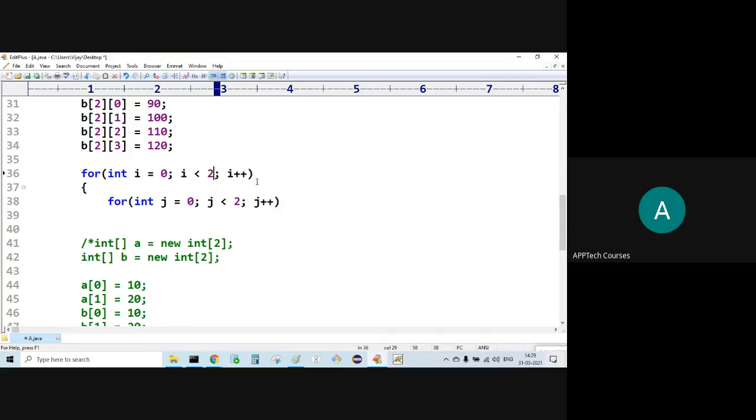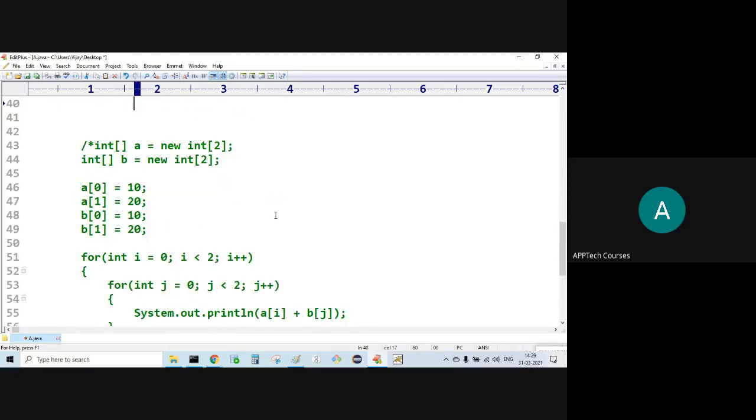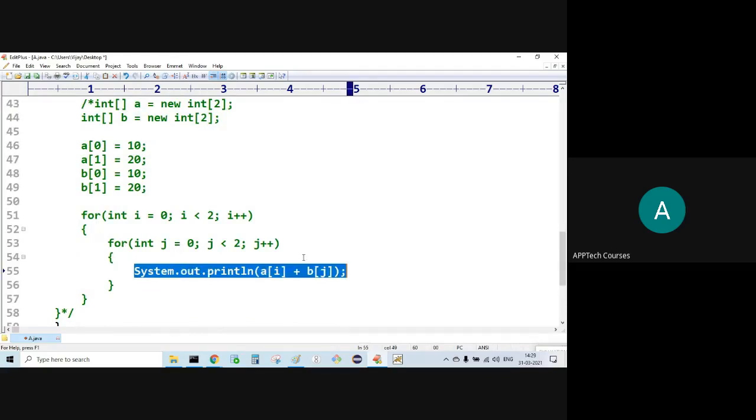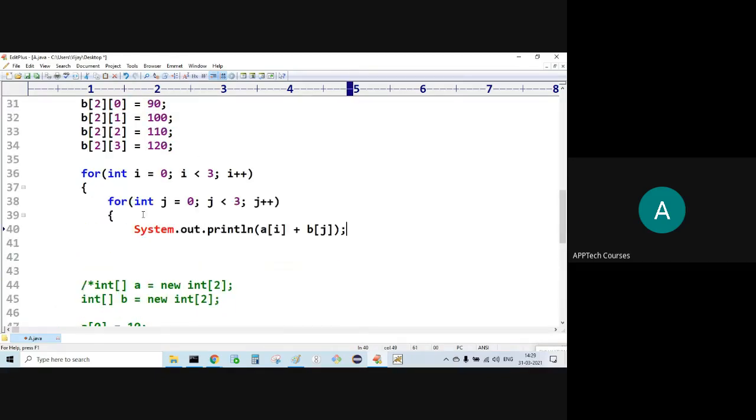Here, length is what? Here. What here? Here.